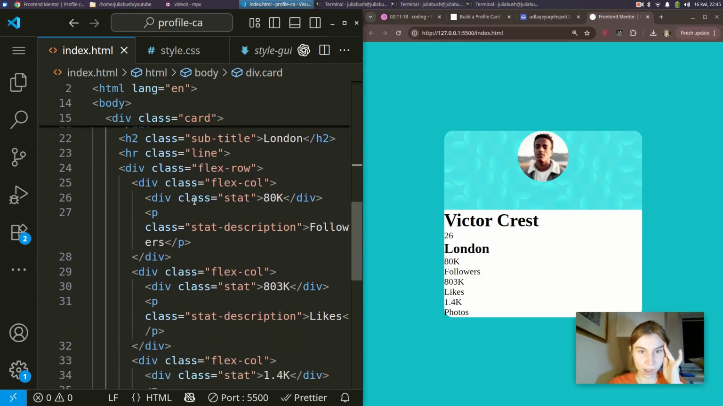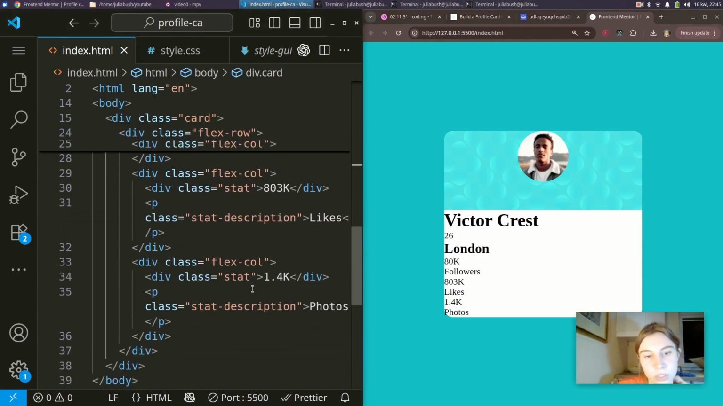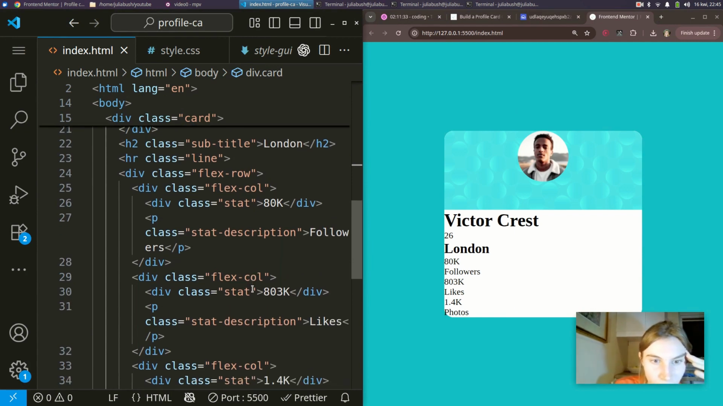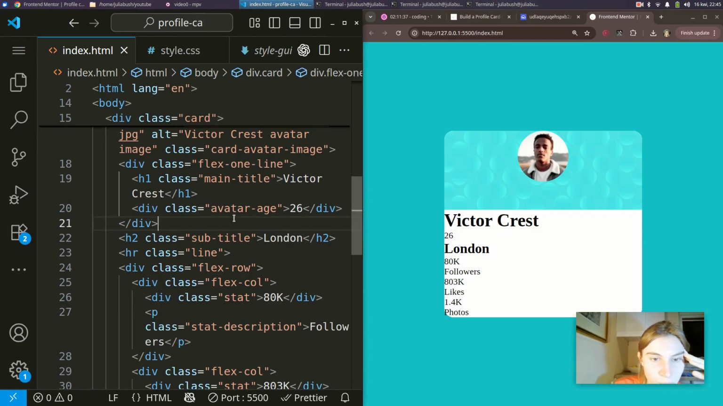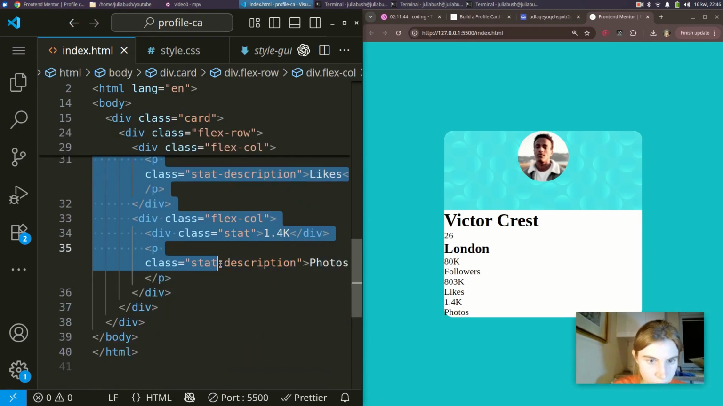Something that I've just thought about is I want a padding for these text elements here. See how this is literally out of the card? So we have to apply padding here. So what do I want to do? Well, I want to give it another div, and I want to have another div for all of the text, starting from Victor Crest down to